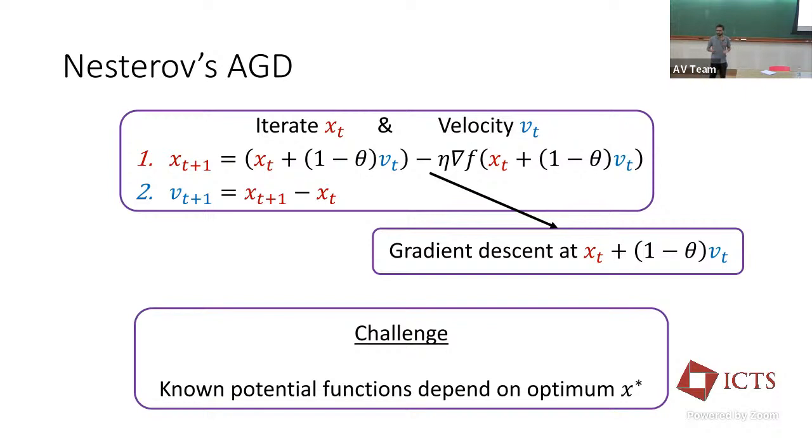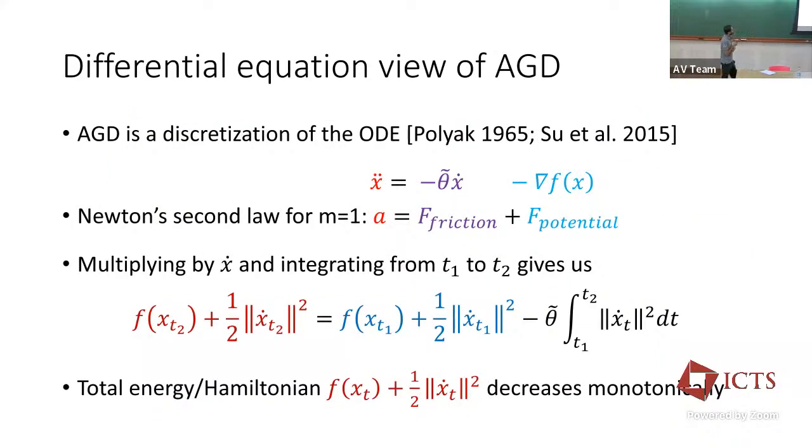We don't even know which stationary point we are going to converge to, right? So the key challenge is in adapting known potential functions because they depend on the optimum x star, and optimum x star does not really make sense in the non-convex optimization setting. Okay, so in order to overcome this, if we go back and look at the small step size limit of